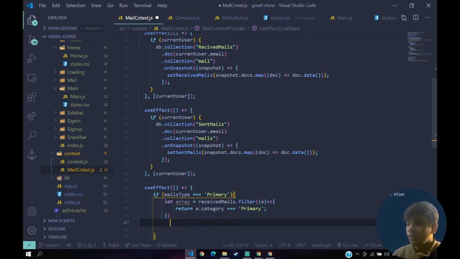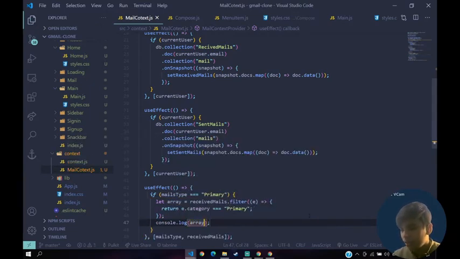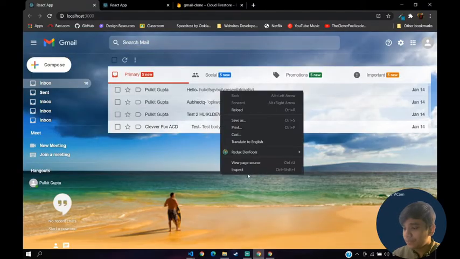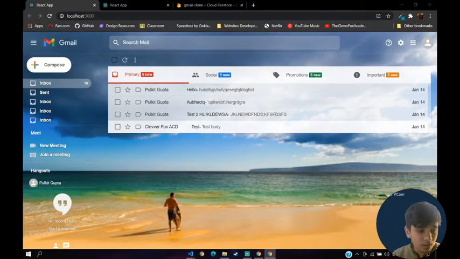What it will do is remove all those categories that are not primary, take all those that are primary and put them inside of this array. So we will console log the array for now, just to check if it works or not. Let's go back to our application. We can close this. Let's open our inspect console and refresh.